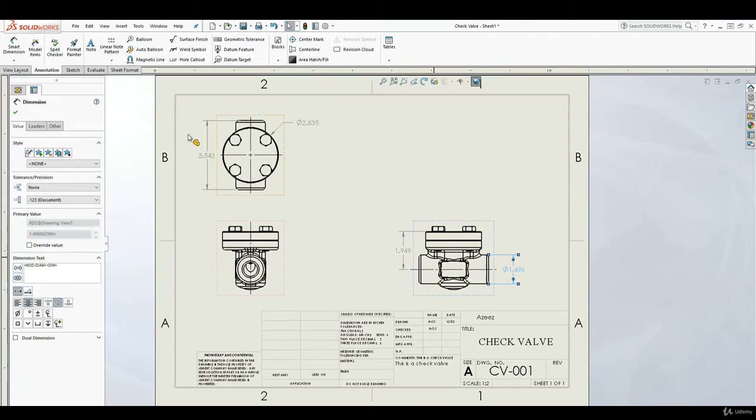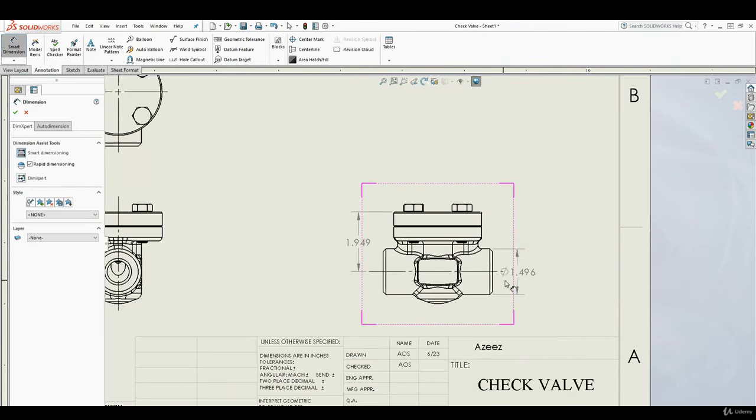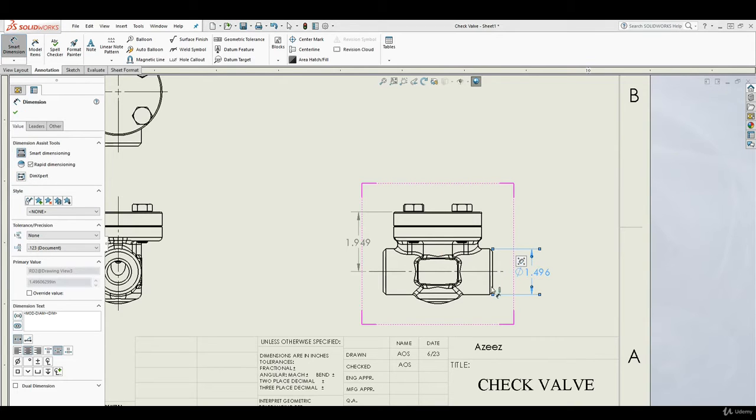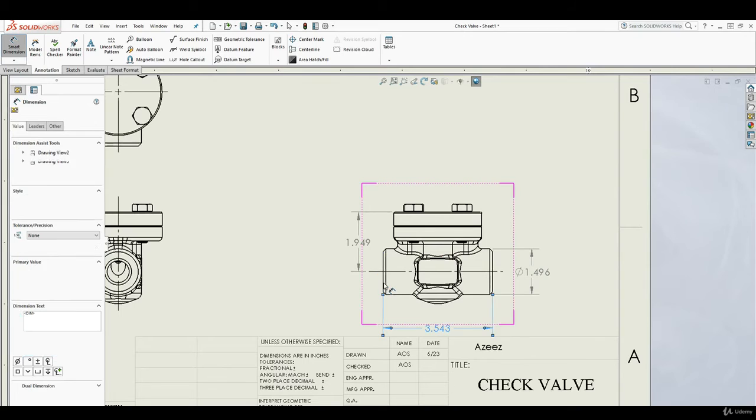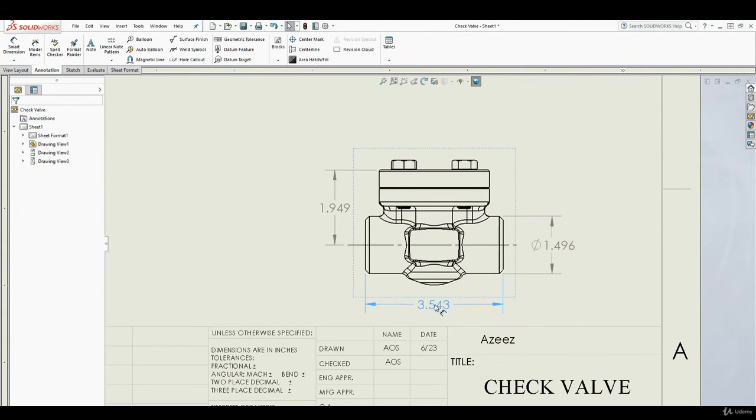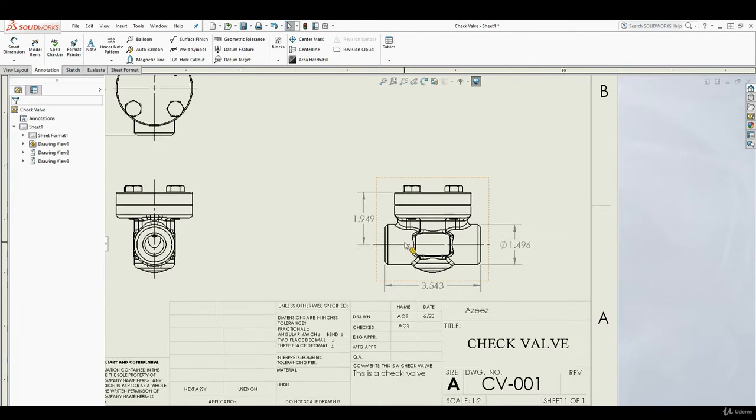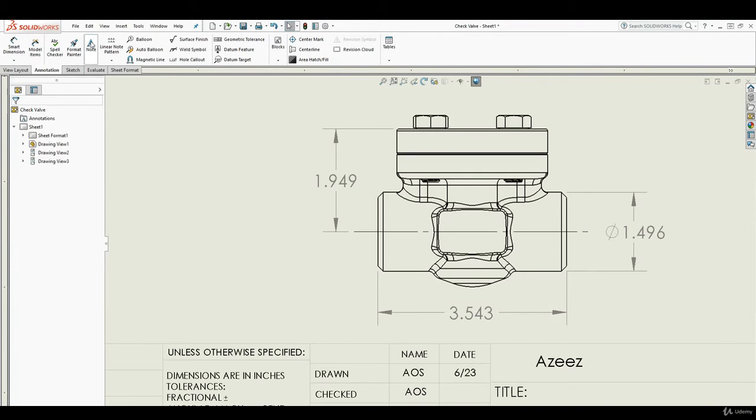So the next thing we can do is add the distance. Maybe pull this back. Add the distance from here to here, and that will be that. And we can add